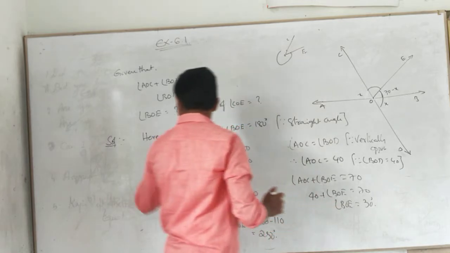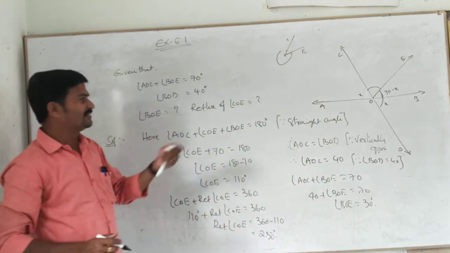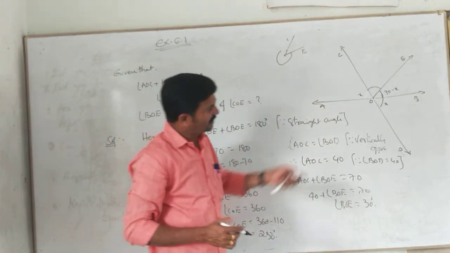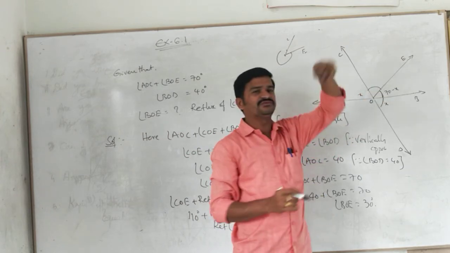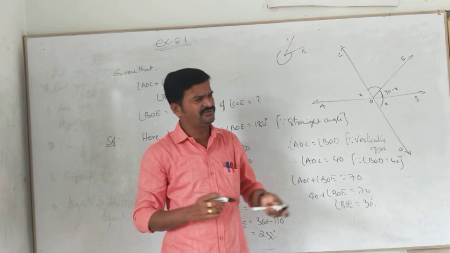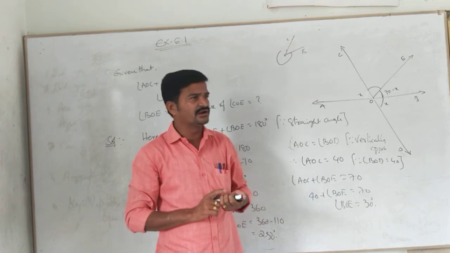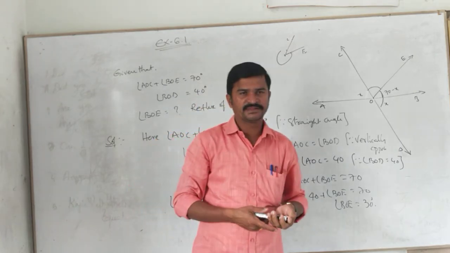Okay, I didn't observe that angle BOD is given. If angle BOD is given, it is very simple. If not also, we can get it. This is x, this is x, and then this plus this equals 180, we can do it like that also. No problem, anyway we can do it. Is it clear or not? Yes. Come on, note down all of you.